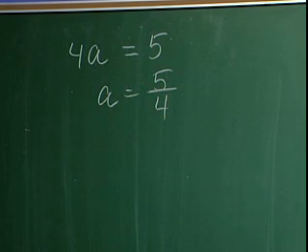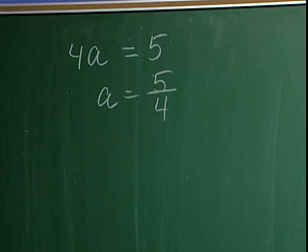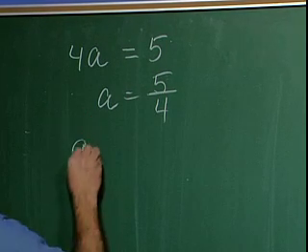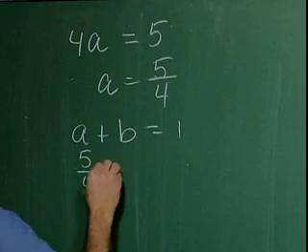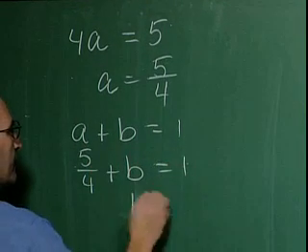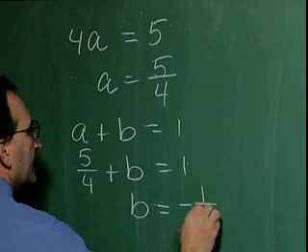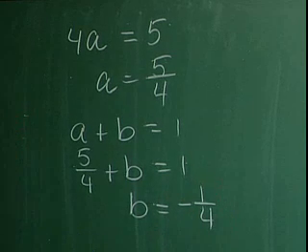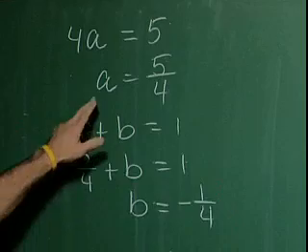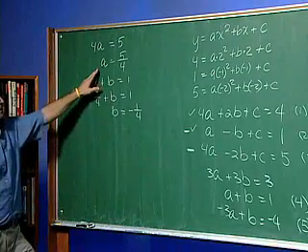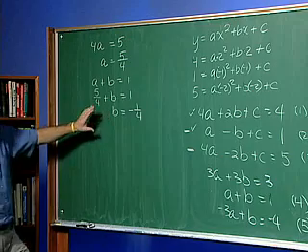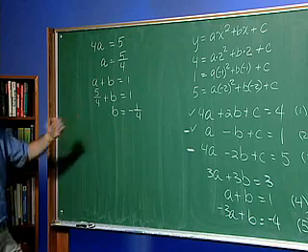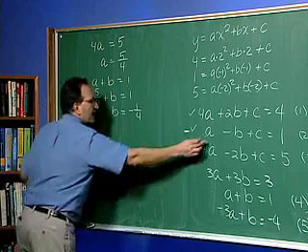So now I need to take that a and plug it back into the equation a plus b equals 1. So 5/4 plus b equals 1, so b will equal negative 1/4. Now I can take my a equals 5/4, my b equals negative 1/4, and plug them back in to one of the original equations. I'm going to take equation number